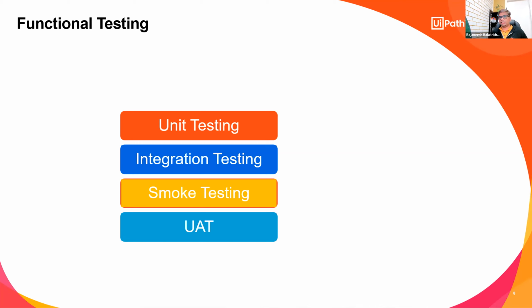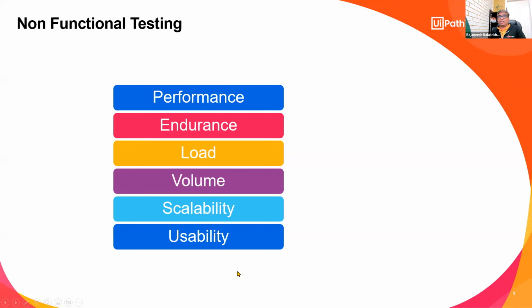And UAT is user acceptance testing. It is a kind of acceptance testing done by the business at a high level, on whether the product meets expectations or not. Okay, so on non-functional testing, there are so many abilities, like scalability, usability,